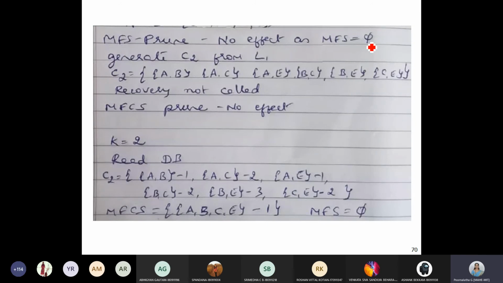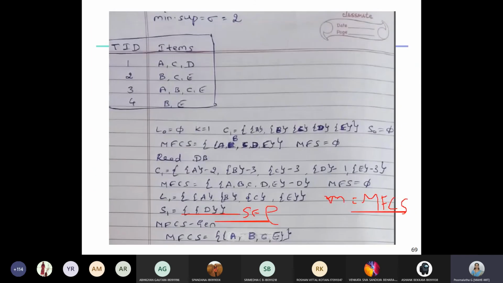So next it tells me to generate candidate CK plus 1 from LK. It is similar to our Apriori, right? That's what is there in the algorithm. So generate C2 from L1. What is this? It is nothing but the self join operation of Apriori. So this is L1.